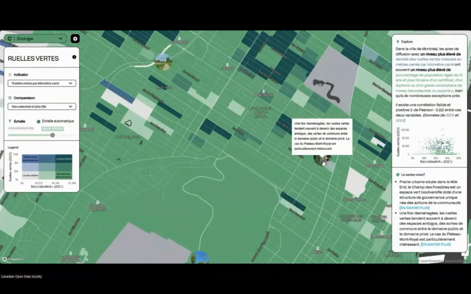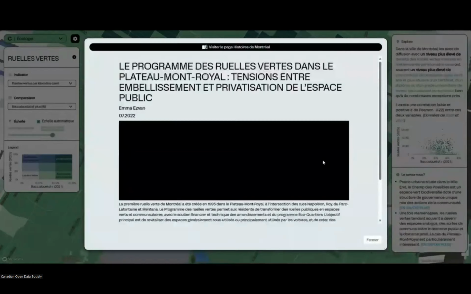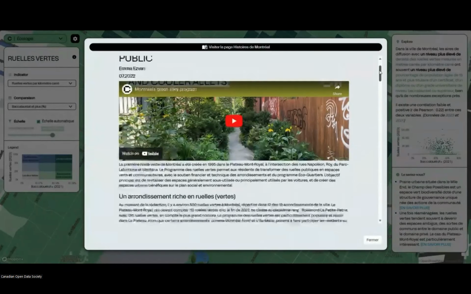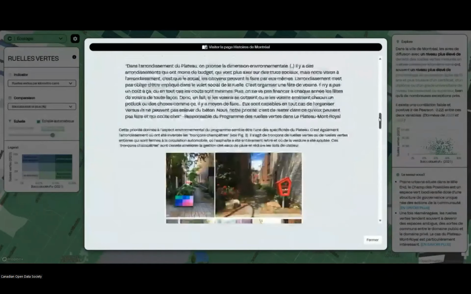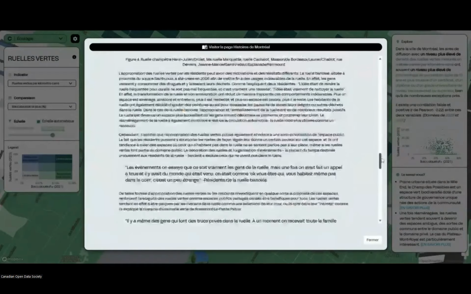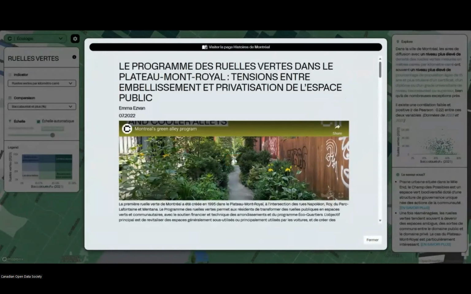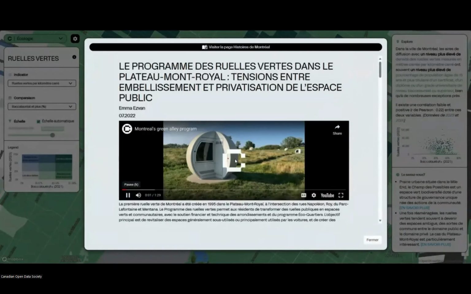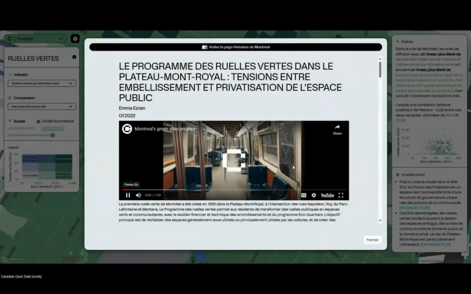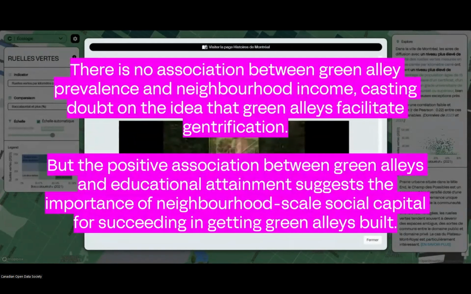Donc, on a plusieurs façons de se rendre sur ces données qualitatives-là. Ici, c'est un exemple : si je clique sur le point de couleur, ça nous emmène au document qui a été écrit par un membre de notre équipe. Et on a aussi développé du contenu audiovisuel pour enrichir l'histoire. Comme on le voit sur la carte ici, on a une vidéo YouTube qui fait un résumé de ce contenu-là. Donc, on a 4 sources de données qui ont contribué à mettre en lumière les caractéristiques des programmes